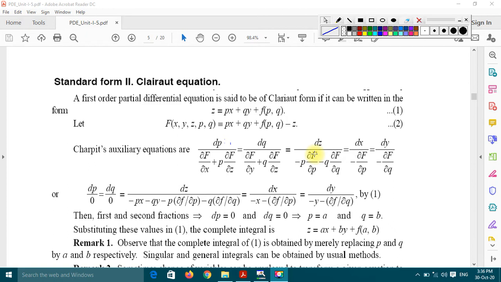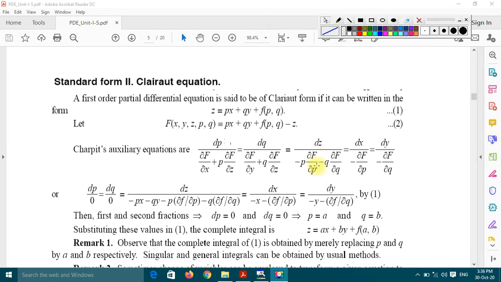In the case of an ordinary differential equation of first order but not of first degree, there is Clairaut's equation y is equal to px plus f(p), where p is the derivative of y with respect to x. So in that case the solution is y is equal to cx plus f(c).